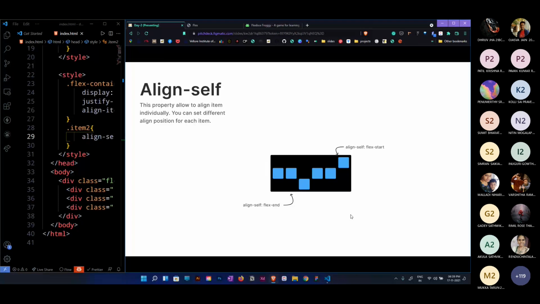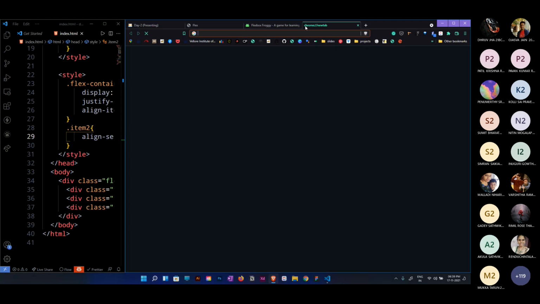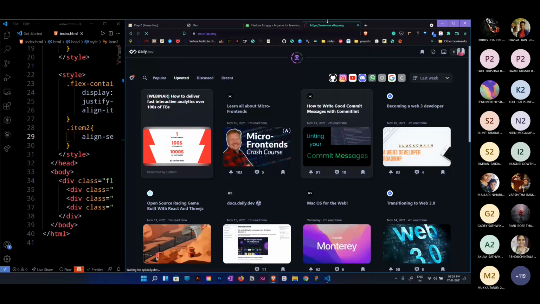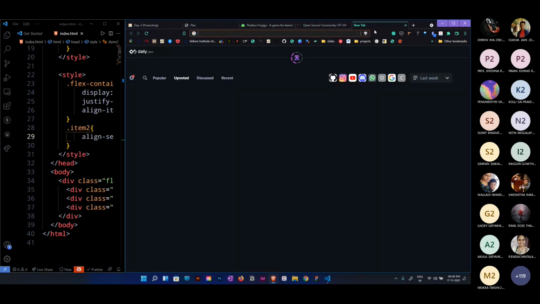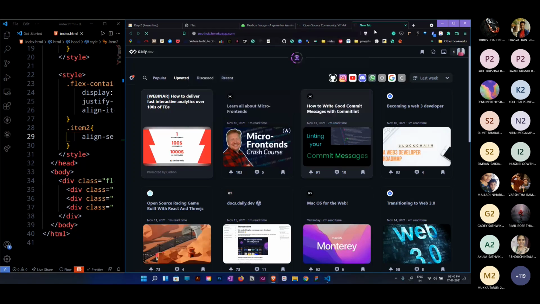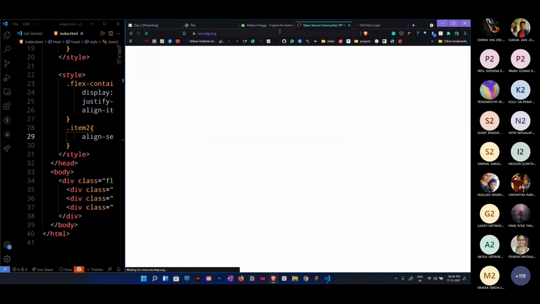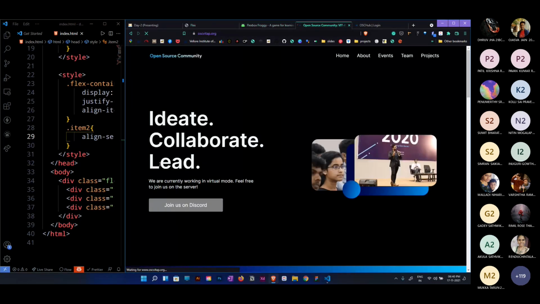Okay, Flexbox is the most important topic. Every time you see a website, Flexbox will be there. Let me show you an example. Let's say I open oscvitap.org, OSC's main website, also OSC Hub. If you can see, this is the landing page. We are going to design one landing page with a hero section. Generally, whatever is on the top of the website is called a hero section. Most web developers use this term.